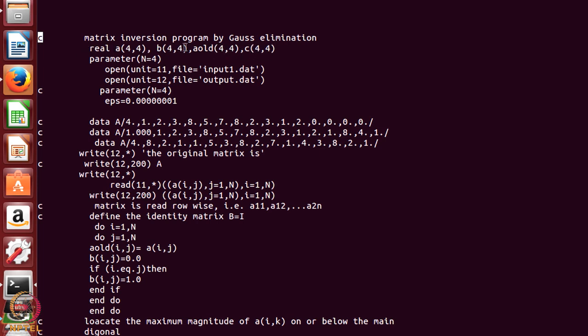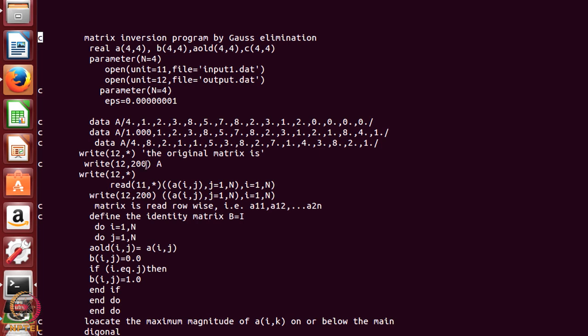This is my dimension statement, and remember the dimension statement can also be written using real. I did not say dimension here, I just say real A(4,4). This gives the array A, the A which is a variable, it will now be a 4 by 4 matrix. These are my arrays that I need in my program. Now there is a parameter n, I can define parameters using the parameter statement. The advantage of that is you do not have to change n in the rest of the program.